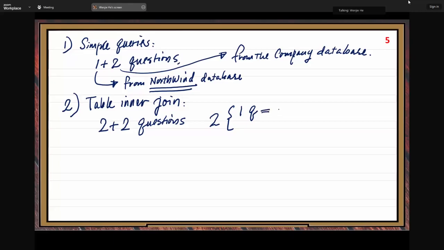That's the 2 table join, okay? 2 table. So join 2 tables. 2 table join. But 1 question,